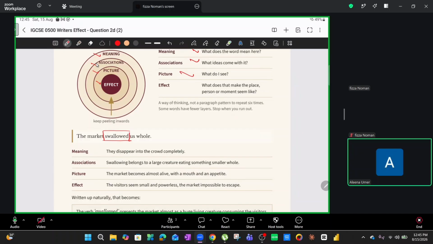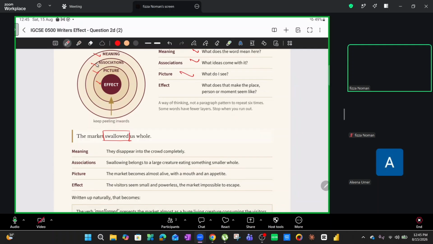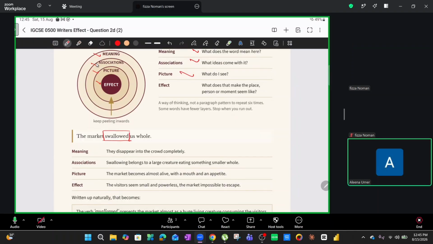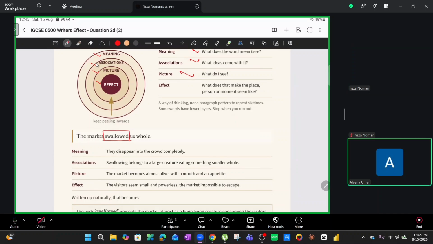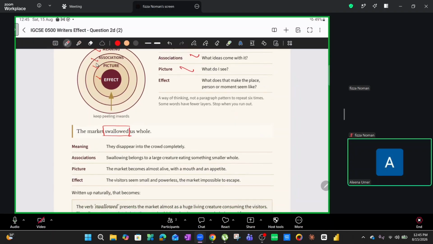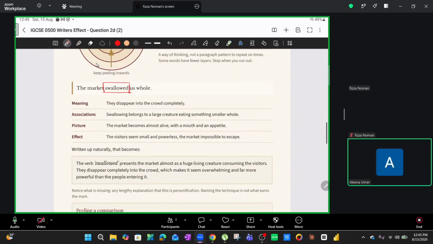और हमारी एसोसिएशन ये थी कि मे बी अ वेल, मे बी अ स्नेक, मे बी अ ह्यूज क्रीचर दैट swallow something instantly, completely. तो पिक्चर ये बनी जैसे मार्केट ने एकदम से अपना मुंह खोला और सबको खा लिया, राइट? Isn't that the case? The market swallowed us whole. Make sense? That is the picture. अगर आप अपनी आंखें 2 सेकंड के लिए बंद करो तो that will be the image that will pop up in your mind. Isn't that the case? Yeah. Do we understand that, beta? Okay, yes. Good to go.